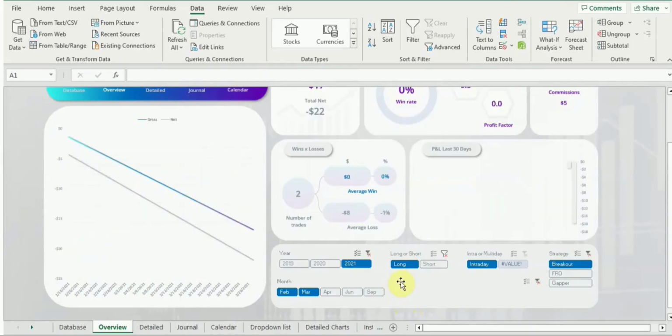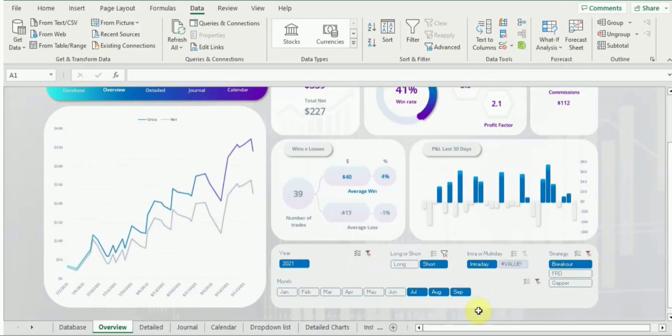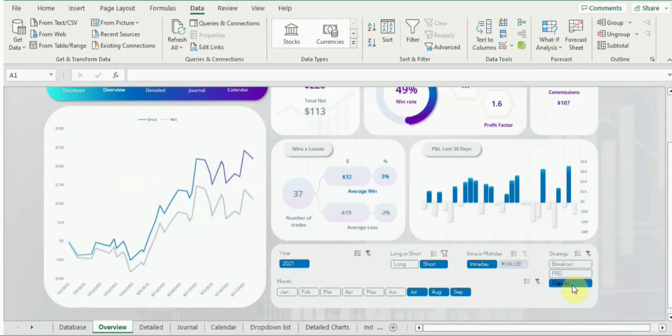So for instance, if you wish to review the performance of all your short trades in the last 3 months only, you can simply select those slicers there. So you could select short, and then you would select these last 3 months, July, August, September. That will be reflected here on the Overview tab, okay? Or you can also filter the results by strategy to see which one of them brings the best results. So you could select the different strategies here. So there are infinite ways in which you can customize your analysis to help you find where your biggest weaknesses